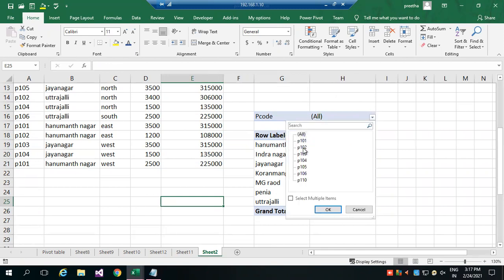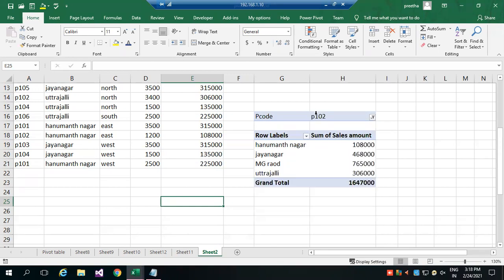Suppose you have a huge amount of records, for example zone wise, state wise, country wise, bulk records, a lot of records. I wanted to see only for Karnataka. Then in the filter, I can select only the particular area. So now it's showing only for product 2. Like page filtering, no? Suppose I have 10,000 records. I want to see only a particular area, I don't want to show for all.